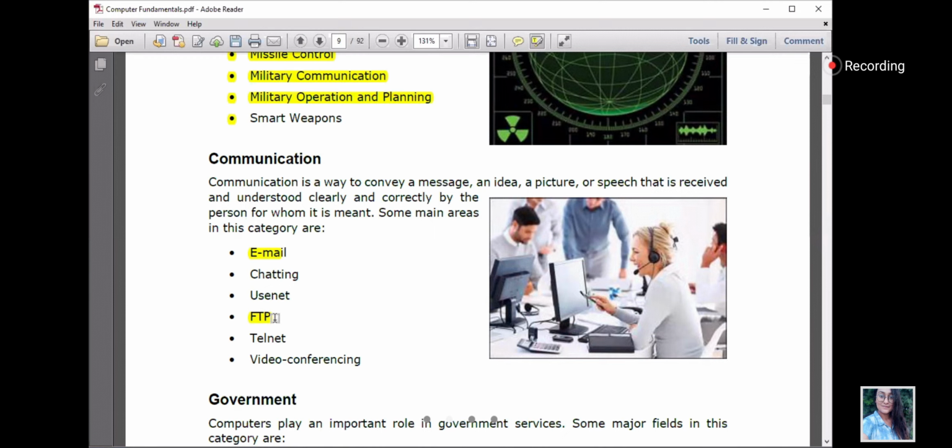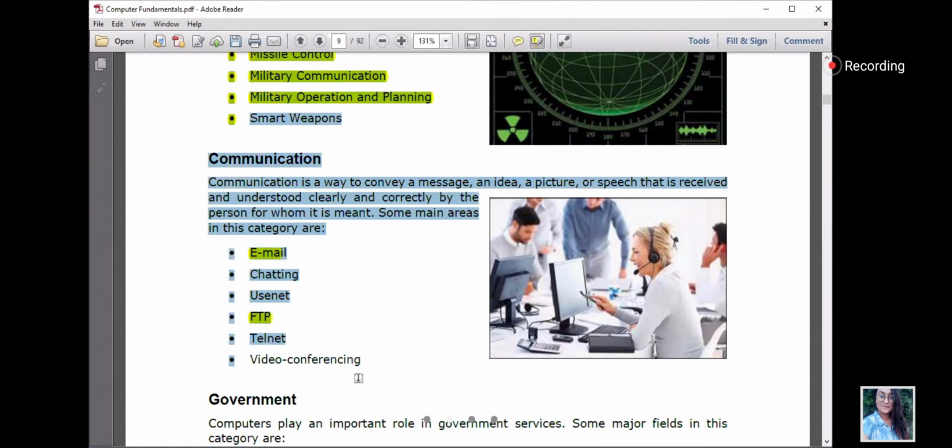Now, when FTP is being used, suppose I'm giving you the documents of the lecture sheets and everything using Google Drive. What is happening here is I'm actually uploading my files to a Google server. Now you are seeing that file from that server of Google. You are not actually seeing the file that is saved in my computer, but rather I'm using some service to share the file with you. So that thing actually is FTP.